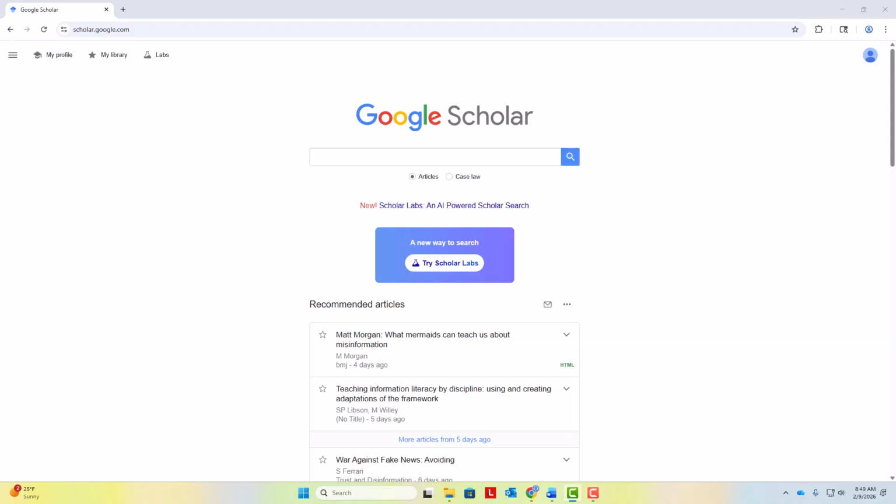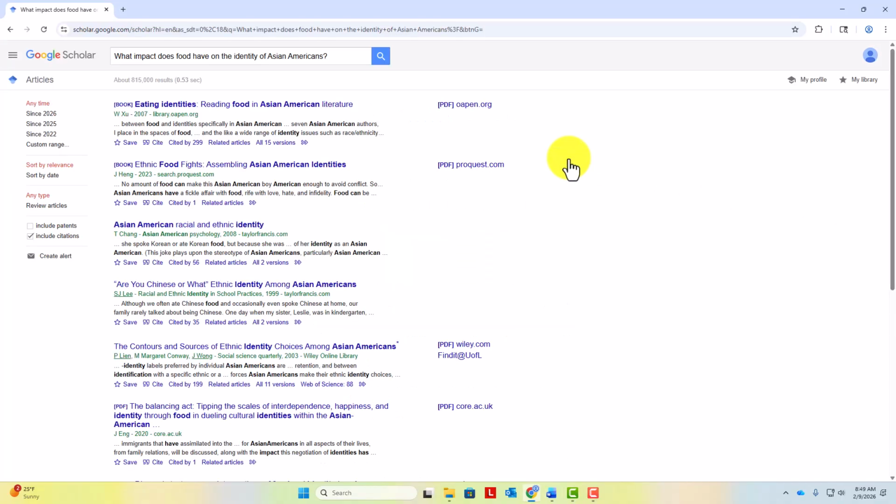One other helpful place to look for scholarly sources is Google Scholar. Like Google, Google Scholar is a search engine, but it focuses on finding scholarly results. Google Scholar allows you to search more naturally than you can in library databases, so I can just type my question instead of using keywords. The best part about Google Scholar is that you can connect it to the library, so you'll have direct links to content provided by U of L.